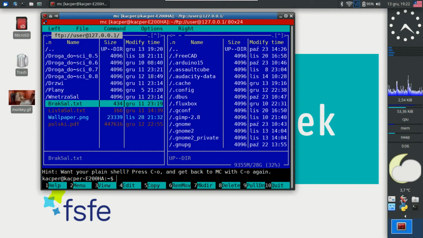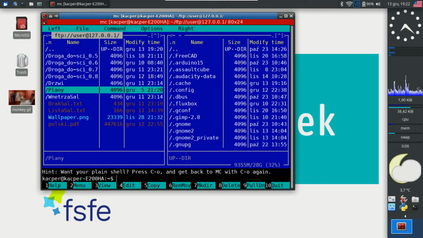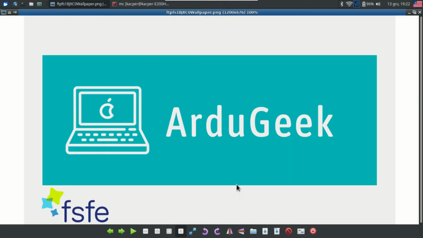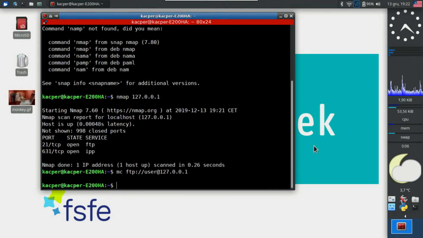Here I have my project that I'm doing in school, if you would ask me, to be honest, and my wallpaper, so I can copy it to nearly every place in here. I have a second computer which is running now as a server, and I hope we will be able to